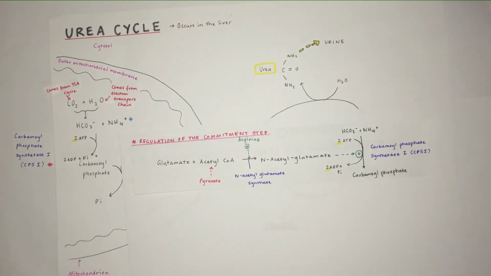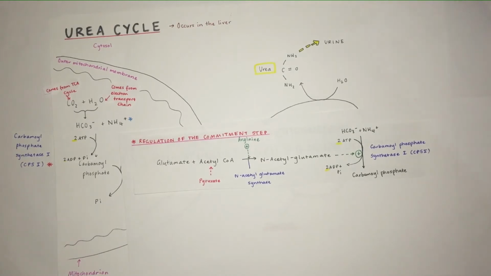If you know from the TCA cycle, pyruvate comes from the cytosol into the mitochondria and becomes acetyl-CoA. So you've got this glutamate plus an acetyl-CoA producing this N-acetylglutamate, and the enzyme that it uses to do this is N-acetylglutamate synthase, and this reaction is